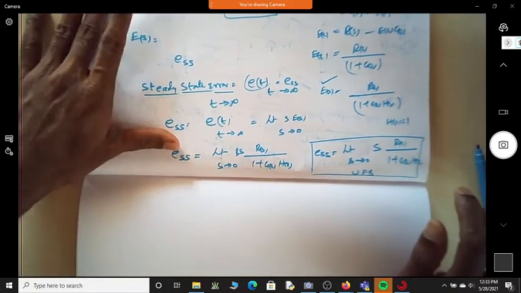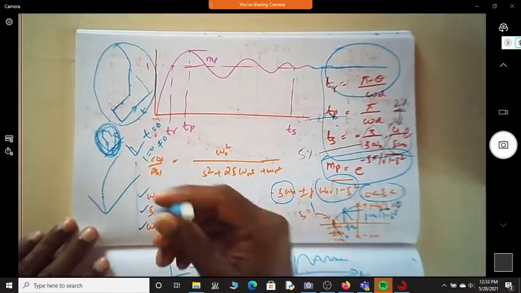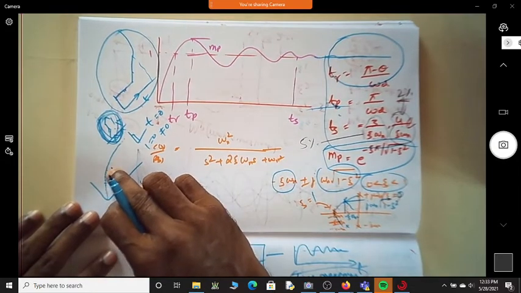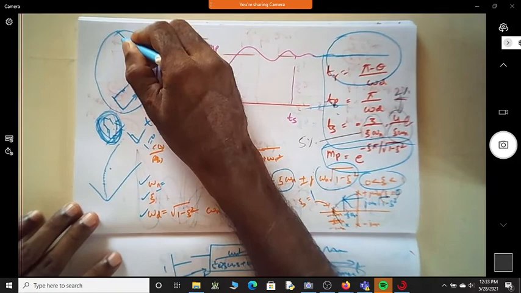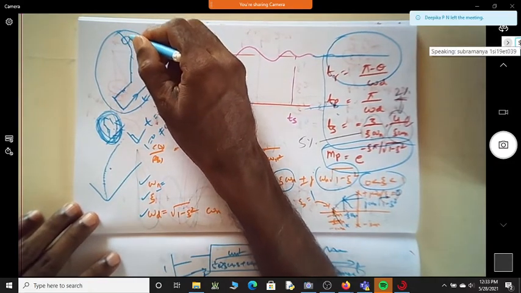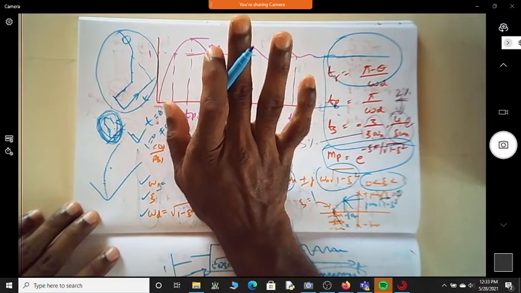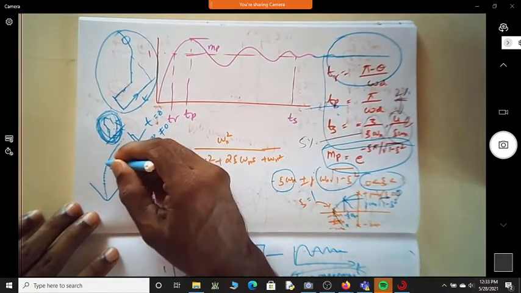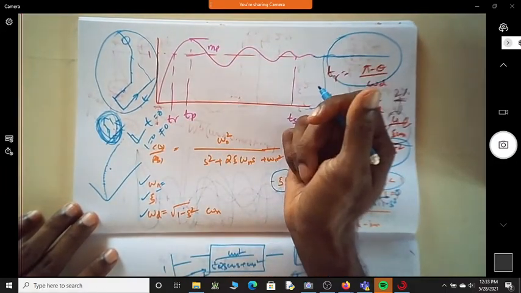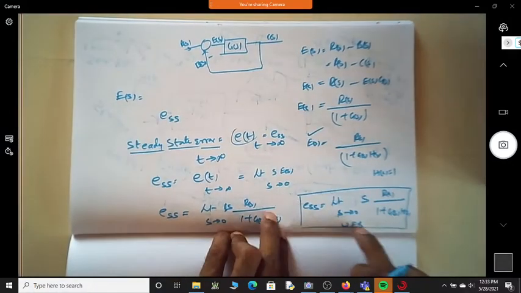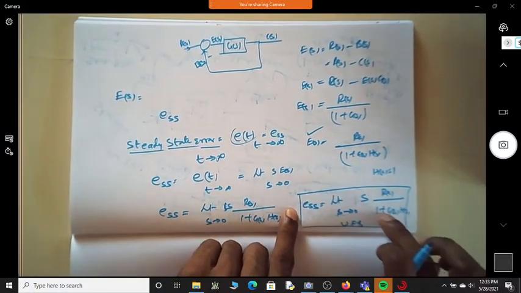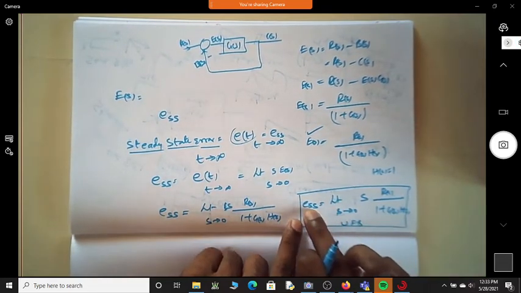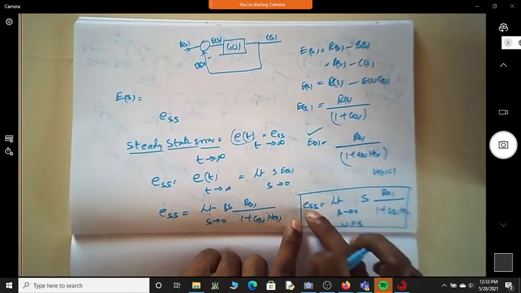So here itself, suppose this is your expected path. If your actual path is here, if your actual position is here, then what should you do? You cannot change the input. One possibility is that you can change the slope of this parabola, which may reduce the error. Or if you want to retain the same speed, then you may have to change the transfer function itself so that it comes closer and the error is minimized. Meaning to say, this gives a very clear idea to the designer to choose the transfer function or to choose the input so that my steady state error is 0.